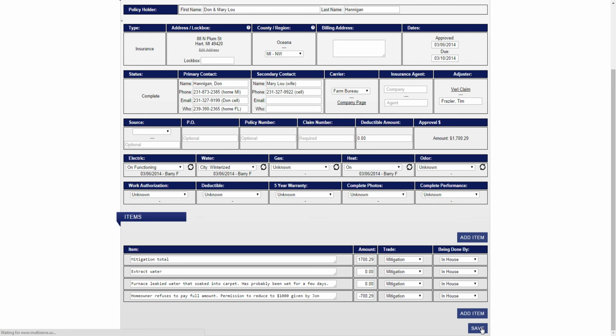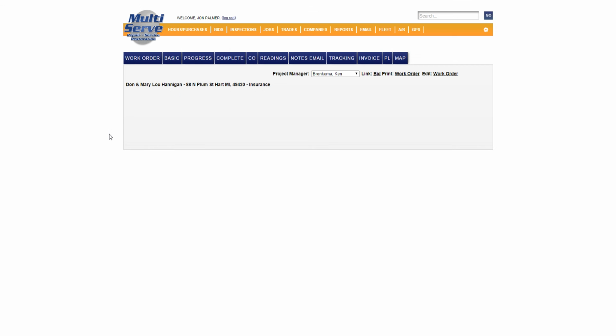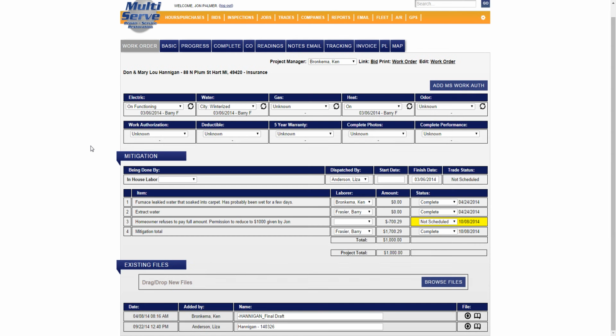When we save it, we're going to go to the job link, and what the job link at the top right here is going to do, it's going to take us back to the work order, where the work order now will have this line with a reduction of $729, making the total balance $1,000, along with an explanation of why we're doing this. And we're going to change this to